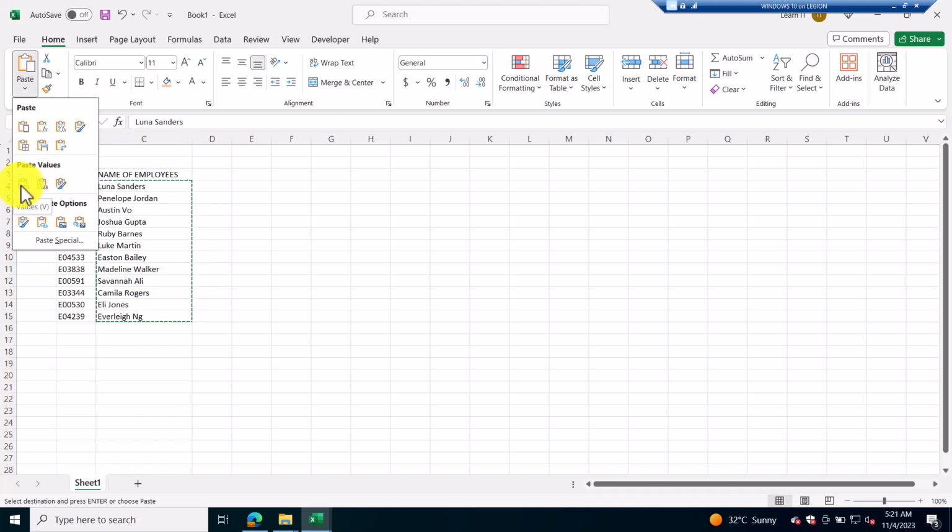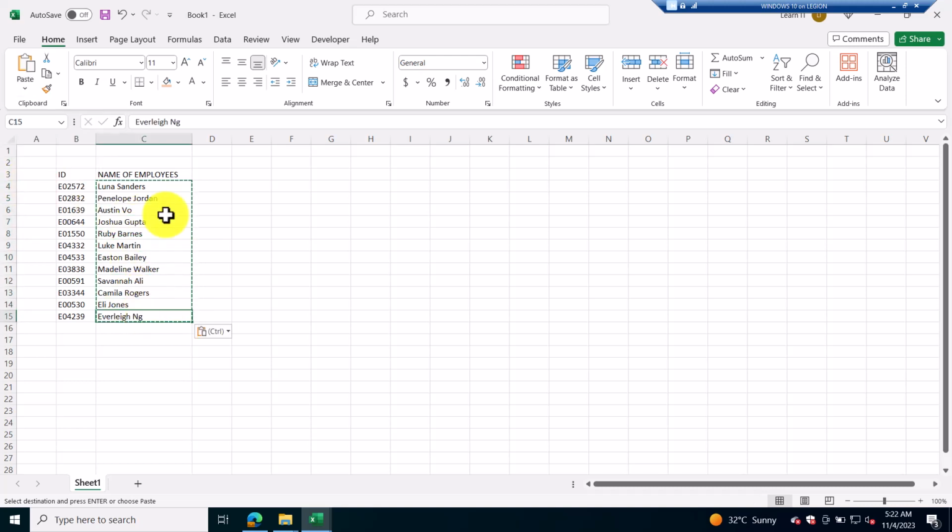The value option copies just the values. This one copies the values plus the number format. Number format means if there is any dollar sign or percentage sign, it keeps the same number formats. And if there is any cell format like colors, table, borders or any other things, it gives me that. But currently I don't have any number format or cell format. In this case I need only the data, that means the values. Just click the values. Now if I click here, you can see that there is no